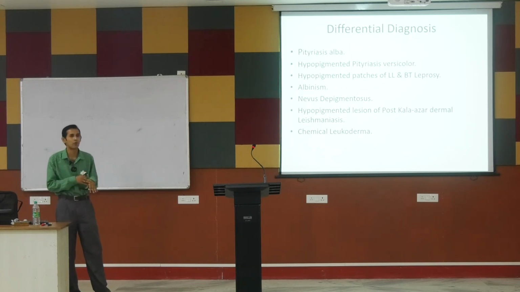Mainly it affects the stratum corneum. There is a perifollicular hypopigmented macule. Perifollicular hypopigmented macules coalesce to form big patches and produce fine brawny scaling. It is mainly found in pityriasis versicolor. It mainly affects the hair bearing areas, chest, back, hand, or any area can be affected, but mostly the